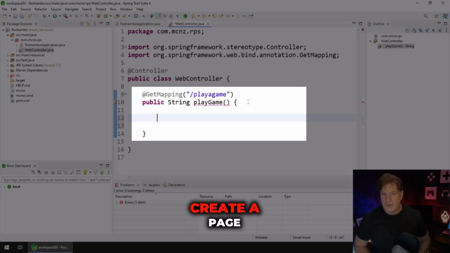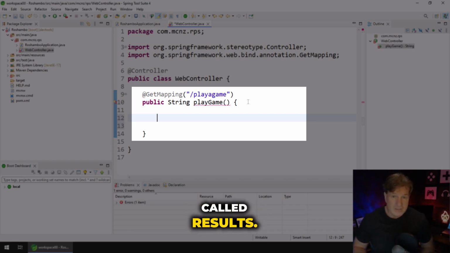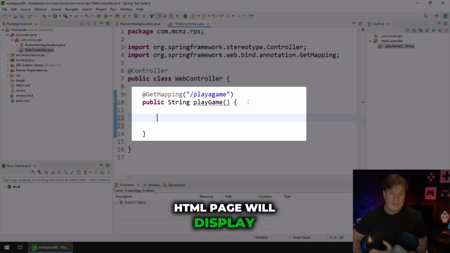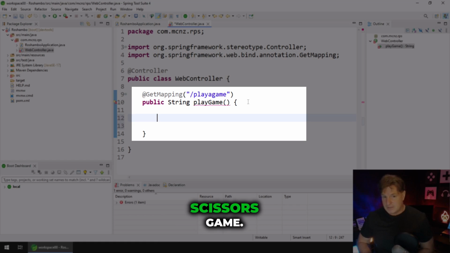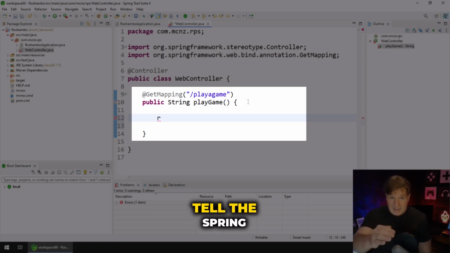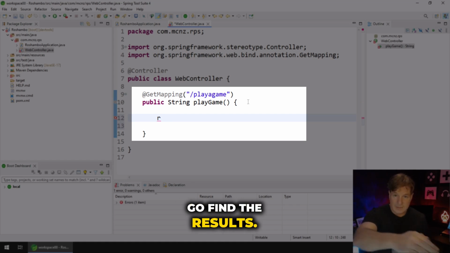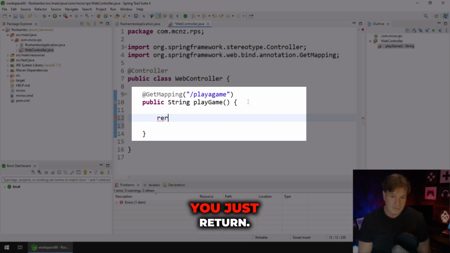So we're going to create a page called results.html, and that page will display the results of a rock, paper, scissors game. To tell the Spring MVC framework to go find the results.html file, you just return from this method, in quotes,